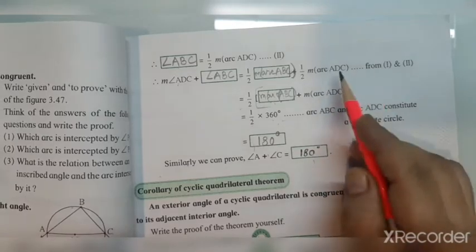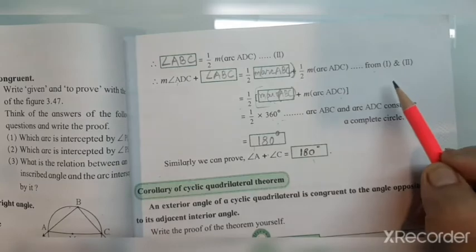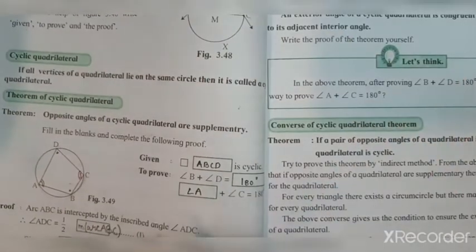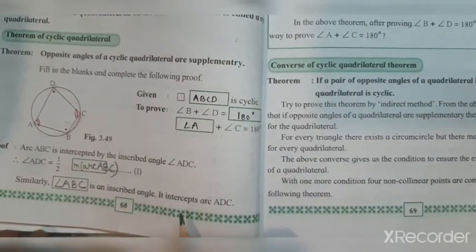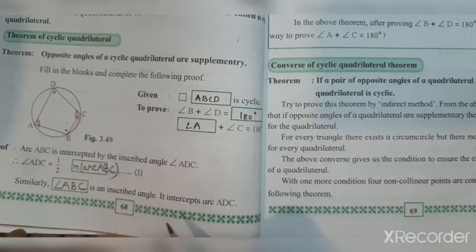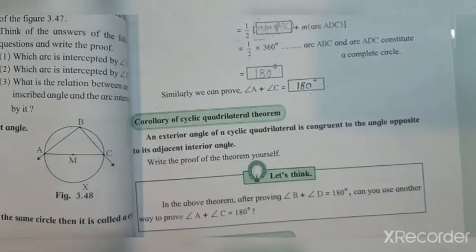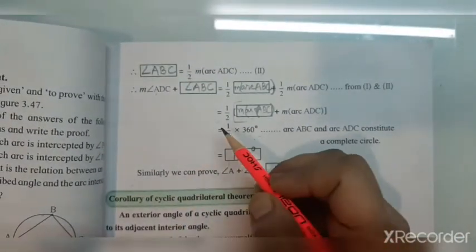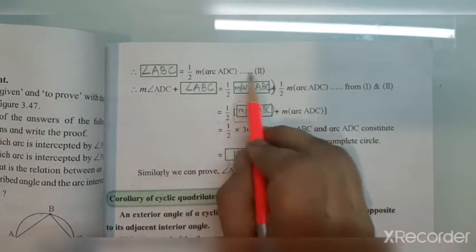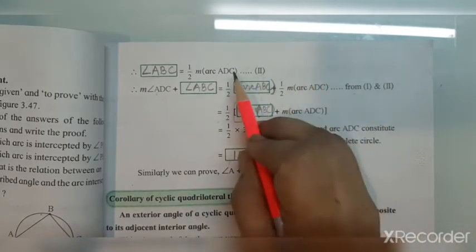Clear? And I also told you all that in this particular theorem in the textbook they have not given the reasons, that is, the inscribed angle theorem. So you have to mention the reasons wherever required. Whichever theorem or property we are using, we need to write the reason. So that correction I have told you all to do in your notebook. Since this is an activity sum, we cannot add. For example, here they have used the inscribed angle theorem, but since they have not given it here, we cannot add.